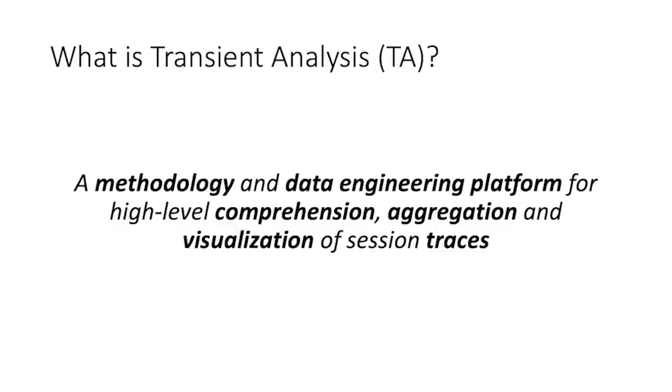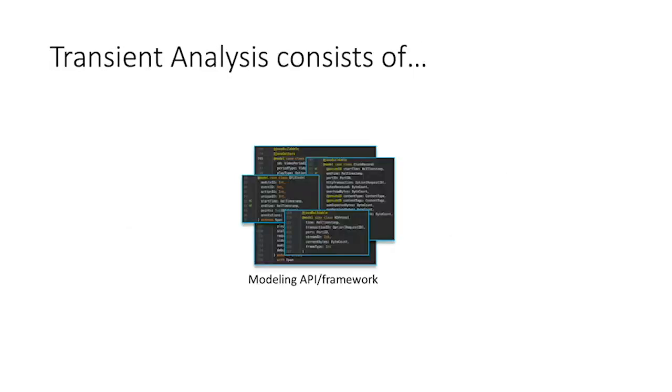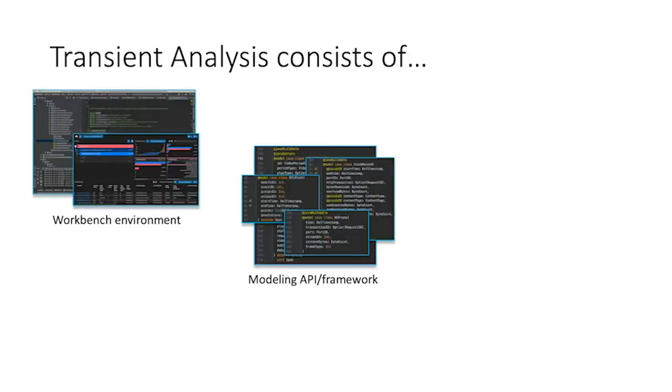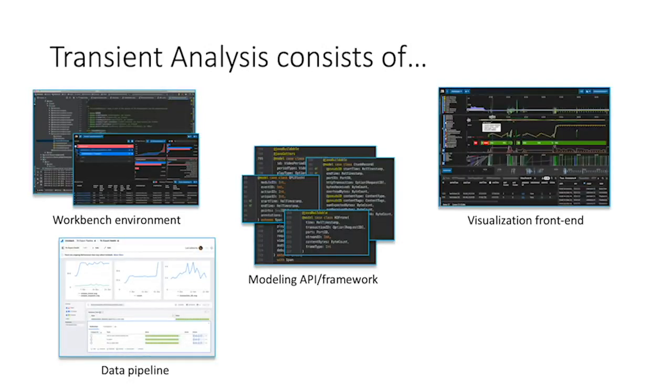TA is an integrated data engineering system built atop Spark, designed to support this methodology. In practical terms, it consists of a modeling framework for describing, visualizing, and transforming session data, a workbench environment supporting an agile workflow for the development of domain modules enabling quick iteration between aggregate analysis, visualization, coding, and debugging, a pipeline that runs these domain modules against session data at scale, exports to various tool surfaces, and generates metadata on data quality and model drift, a front end that allows model exploration and visualizations in terms of modeled high-level concepts